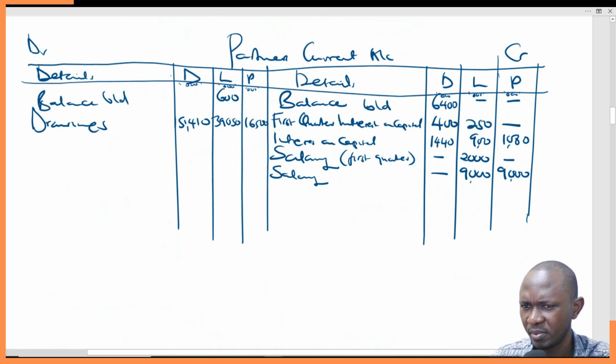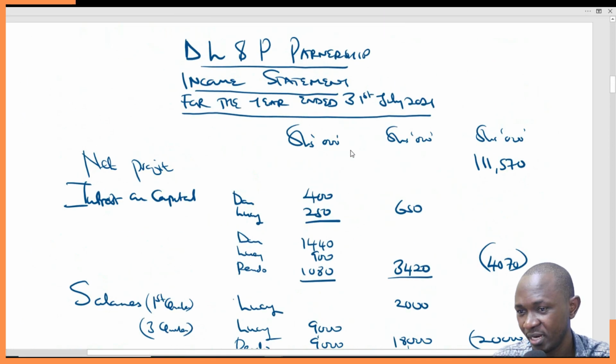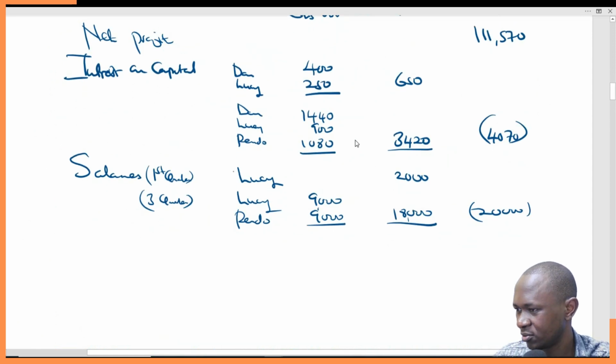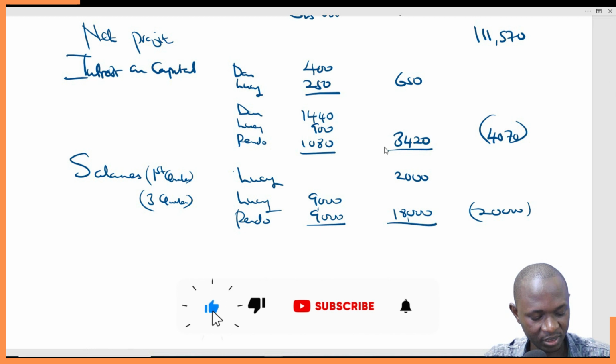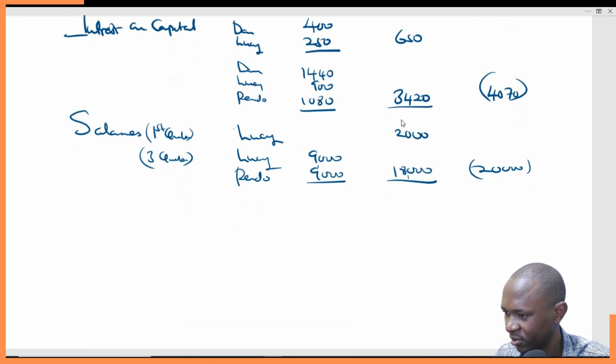We've captured that. We've captured drawings. Normally interest on drawings doesn't feature, but if it did, we could have added it to the net profit. Since we don't have interest on drawings, we'll simply come here and say 111,570 minus 4,070 minus 20,000. That gives us 87,500. Make sure you leave enough space here because we want to distribute this